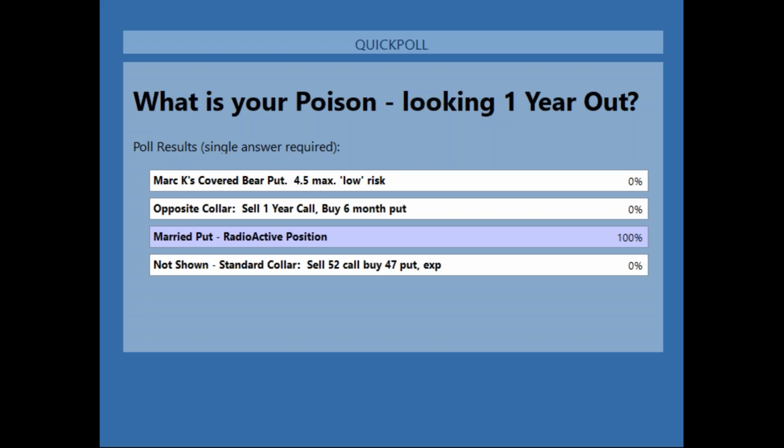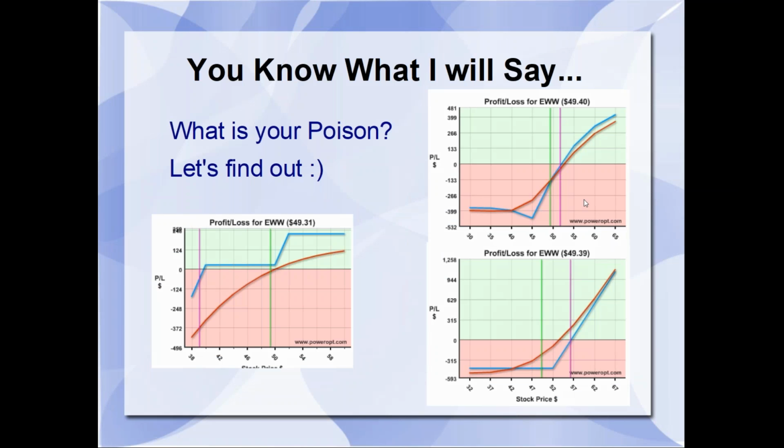Because any adjustment you make then is going to cap the gain at that point. You're going to lower the gain further because you're going to be adjusting at a debit. And if it's below 45, it's still manageable, but you won't really get the time decay you want on that short call until you get closer to expiration.